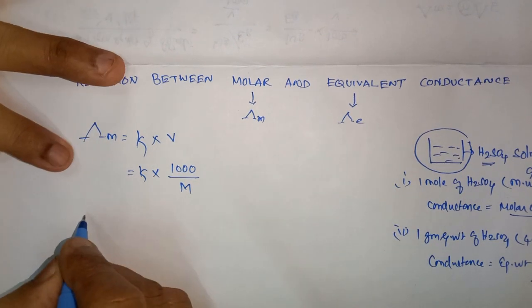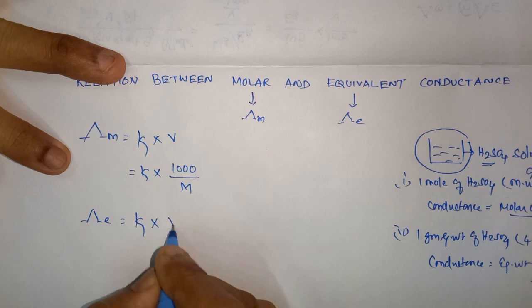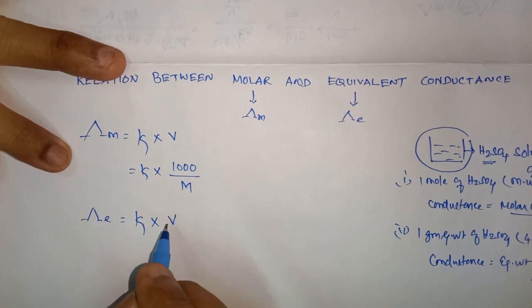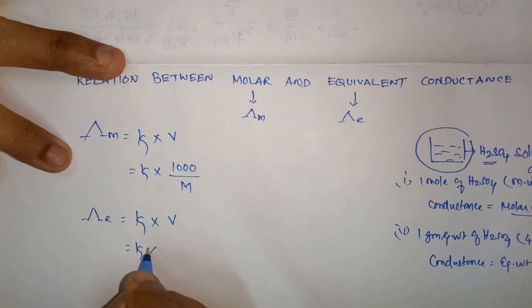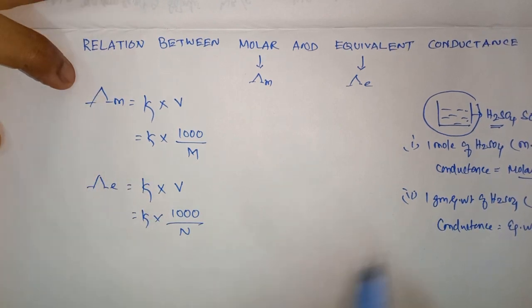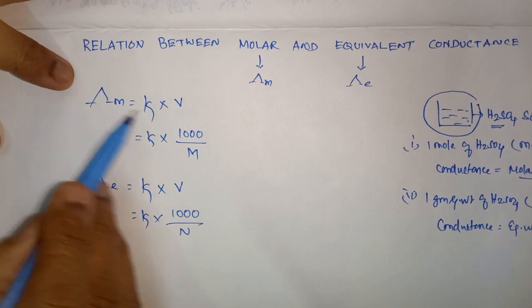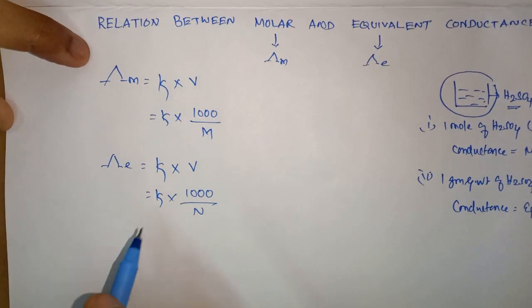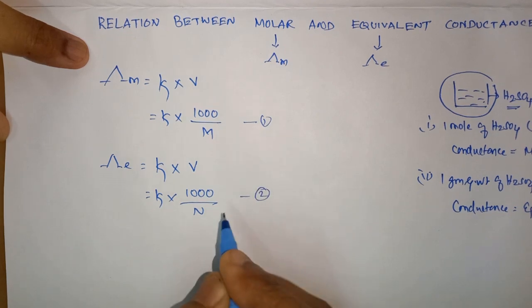Then what is the expression for lambda e? Kappa into the volume which contains 1 gram equivalent weight of electrolyte. So it is kappa into 1000 by normality N. That's all. These are the definitions and expressions for molar and equivalent conductance. Using these two equations, one and two,